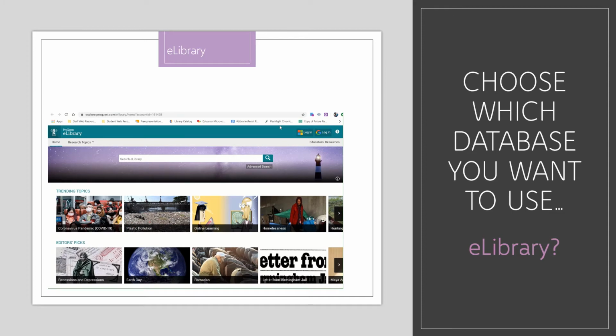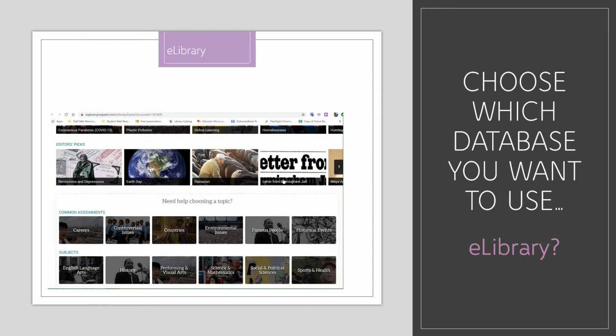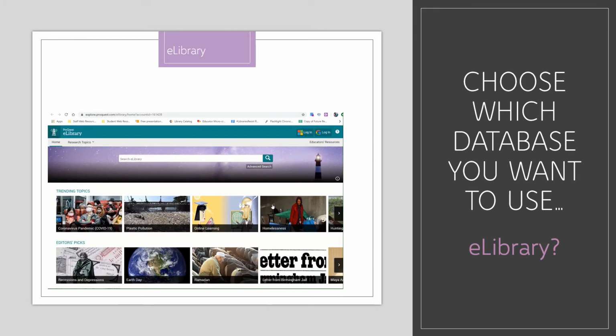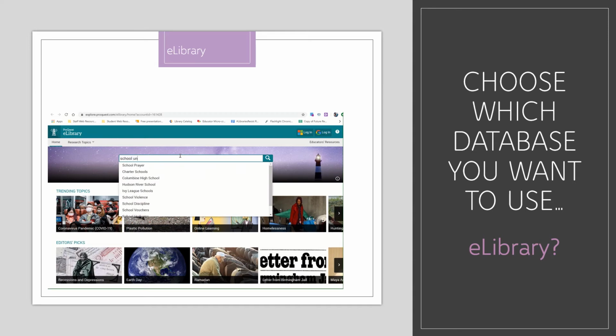eLibrary is another one of the databases in the Proquest suite, and it looks a little bit different. It is designed for older students, so students in grades like 6 through 12. To search eLibrary, again, this also functions by keyword search, not by questions. You type in what you're looking for. So again, if we do our school uniforms keyword search,